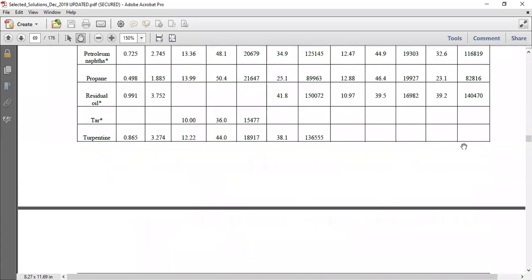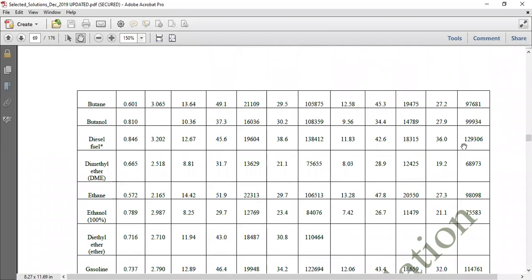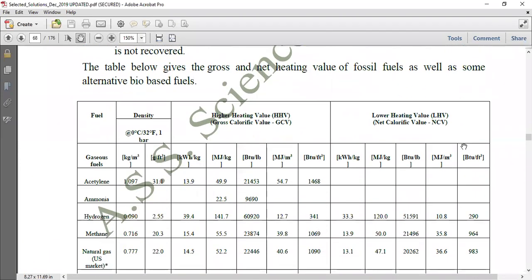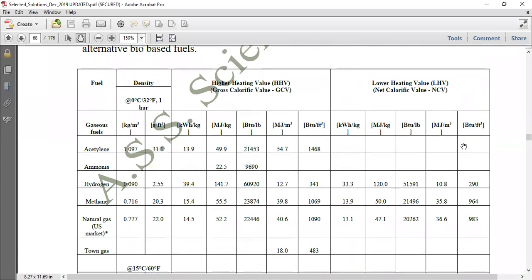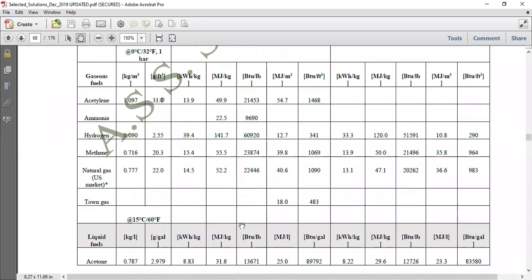So you can see here that we have been given the values and the difference between them. It's a long table, right? So huge data have been given here. Okay. So you can see the natural gas here. This is the start mark, right? So you can see the value difference among these two in terms of BTU, say British Thermal Unit, or other units, right? So the maximum difference is seen in the case of natural gas if I subtract the lower heating value from the higher heating value. Other fuels are also given there.